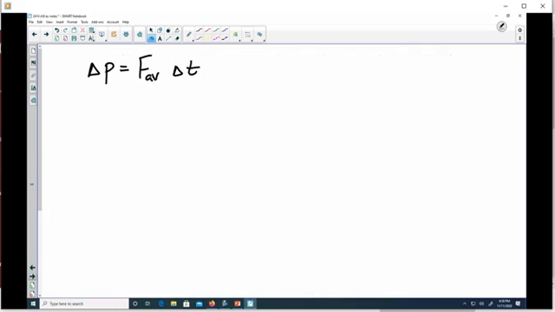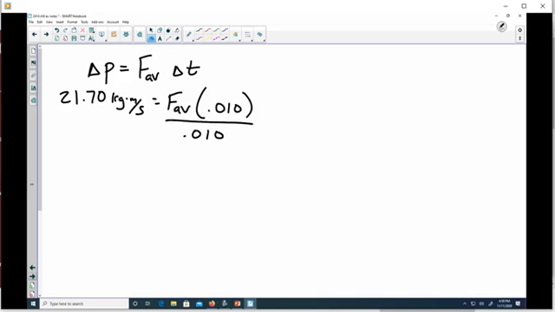To find the average force, we just know that the change in momentum is equal to the force times time. We find the average force, 2,170 newtons. So what this implies is that if you applied a 2,170 Newton force at an angle of 23.03